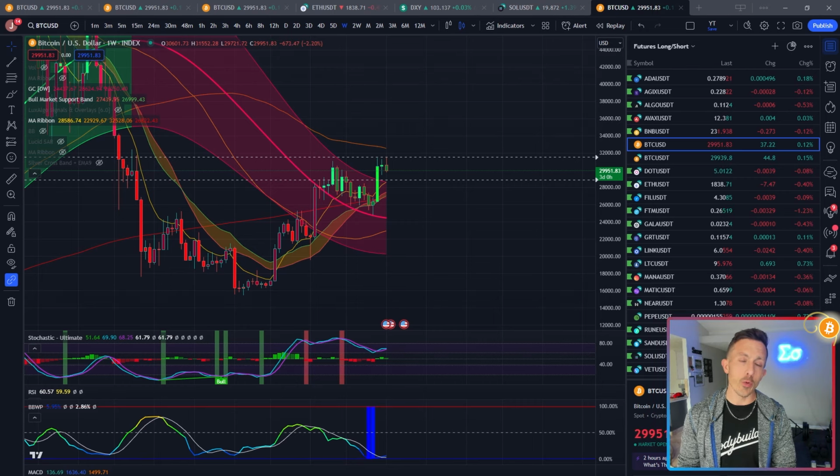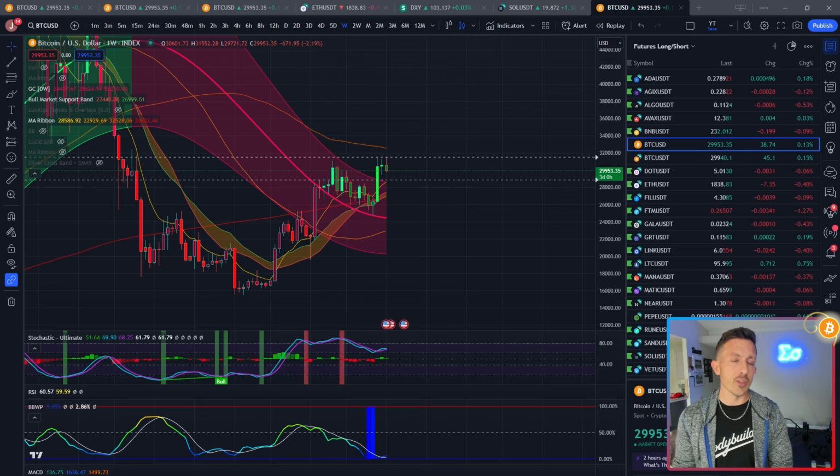While we wait on Bitcoin to make a decision on whether it's going to test the top of the Gaussian channel again before it goes to 36K, I think it's a good time to take a look at the BBWP and explain what that is and how to use it, especially with the reading that it has right now on